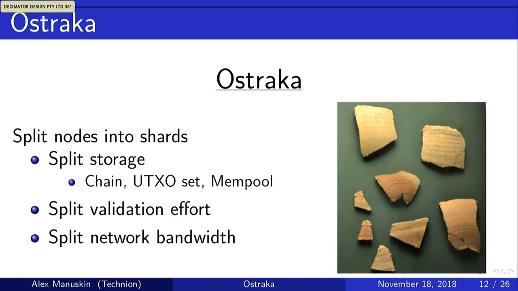So the meaning of the word Ostraka is shards of ancient pottery and clay vessels. Basically, we wanted a different word that means sharding, but